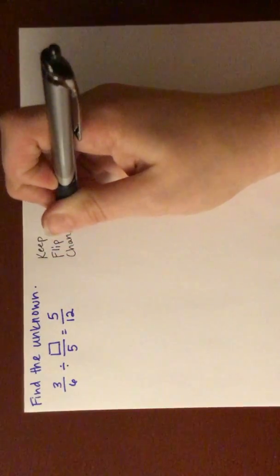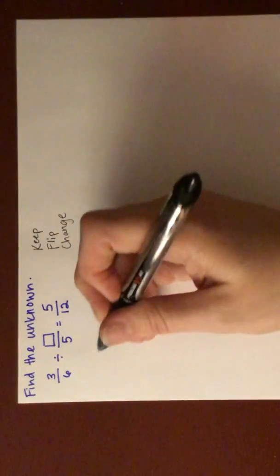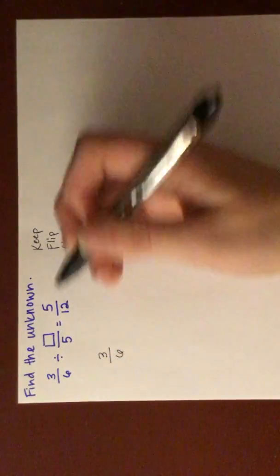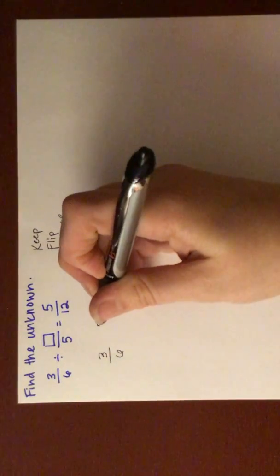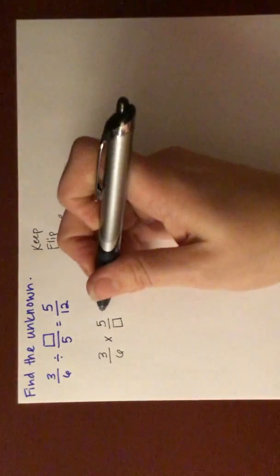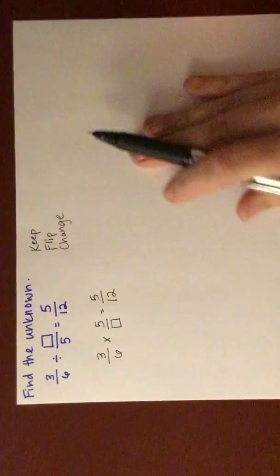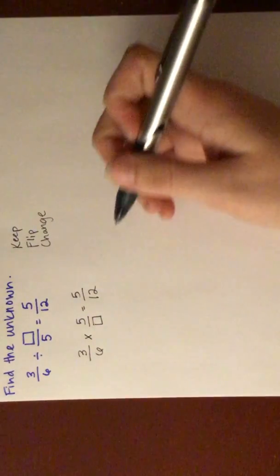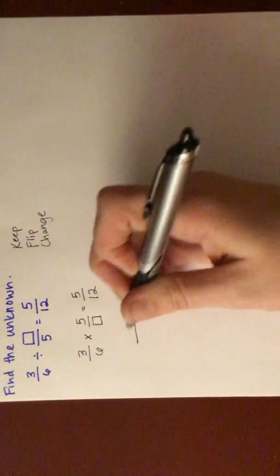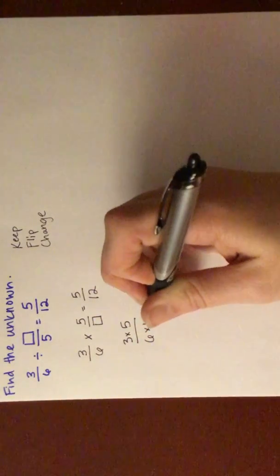change, right? So just going to jump right into it and keep my first one. I'm going to flip my second fraction, so switch that numerator with the denominator, and I'm going to change my sign. Now again, this should equal 5/12. And like I did before, I think it's really a lot easier to look at if I start by really writing them together. So I've got 6 times an unknown